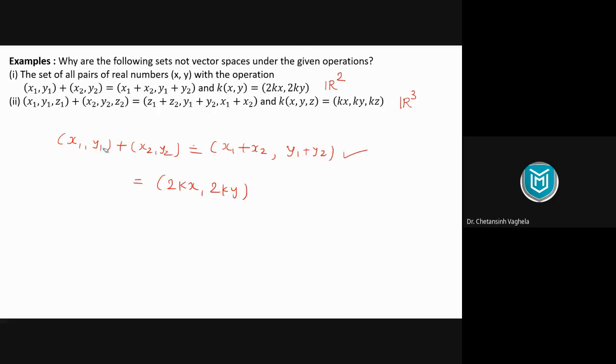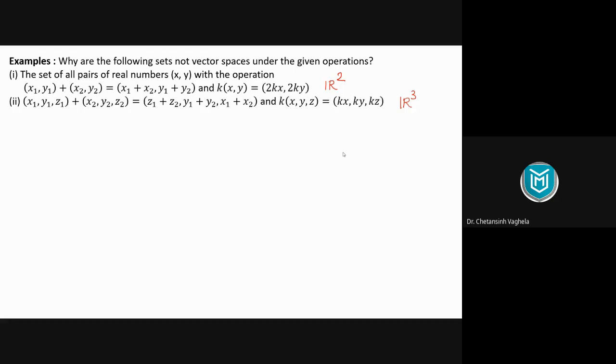So now we have 10 vector space conditions here, and whenever there is any example and you are clear that this is not a vector space, then you don't need to check all 10 conditions. If you know that condition number 6 is not satisfied here, directly go with condition number 6. If it is a vector space, then you need to go with all 10 conditions. But if it is not a vector space, only one condition is sufficient. If even one condition is dissatisfied, that is enough to say that it is not a vector space.